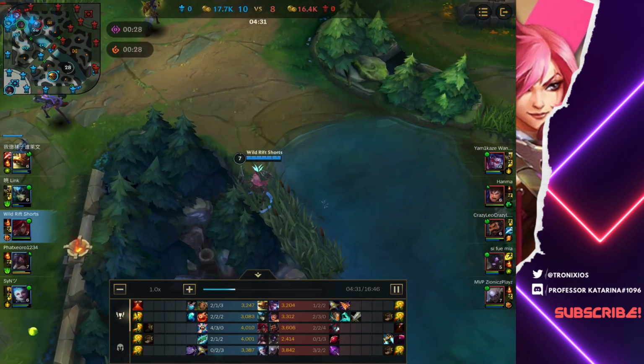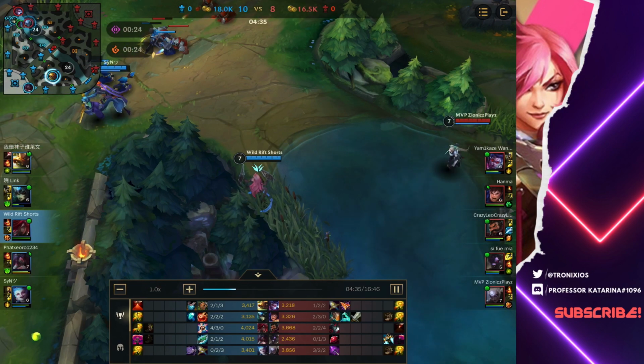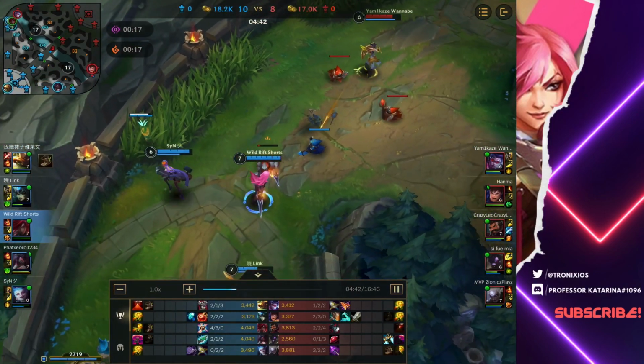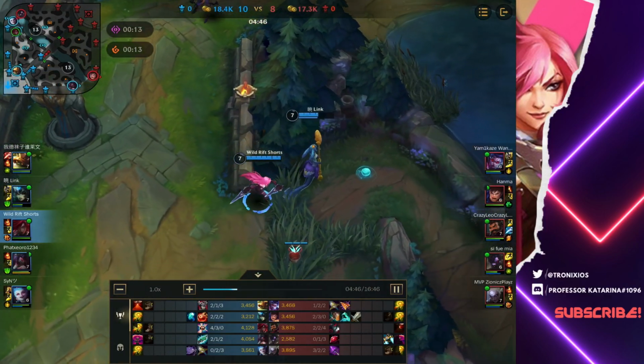I kind of stay here. The dragon's coming up. Let's just see if we can take this duo lane down. However, the Diana came back. Oh, she got bubbled there too. I kind of poke her a little bit with my Q. We kind of just sat here a little bit. Akali isn't probably gonna rotate, so